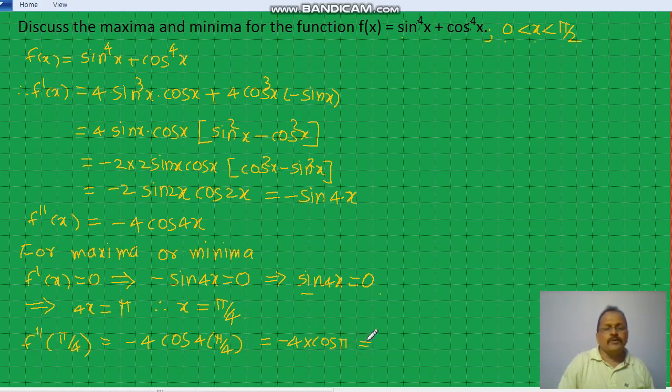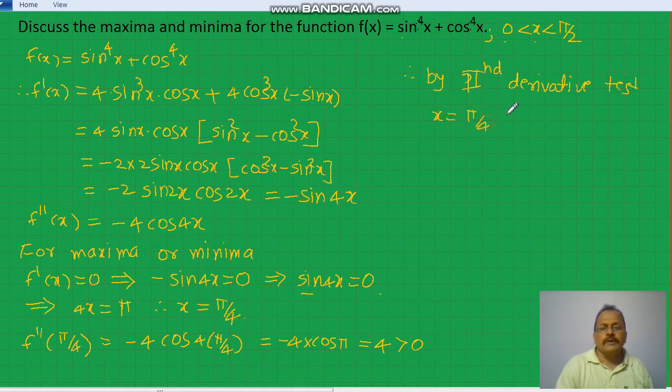Cos pi value is minus 1, so this is minus 4 into minus 1, it is 4, which is positive, and therefore by second derivative test x equal to pi by 4 is minima